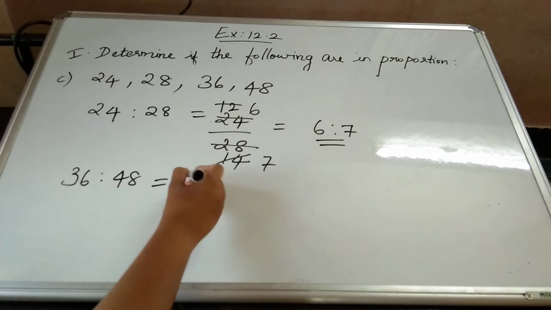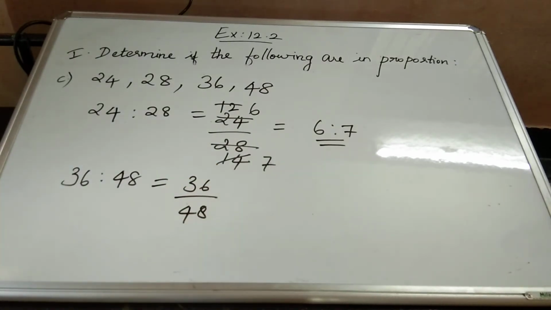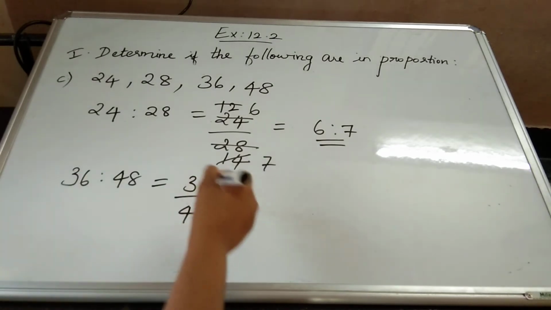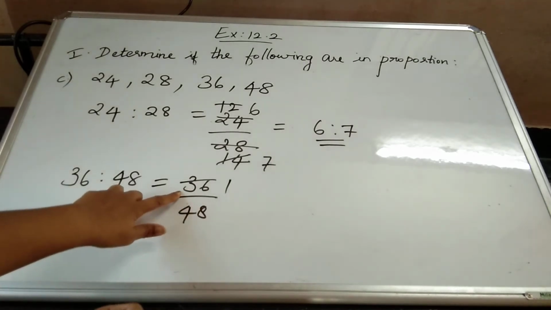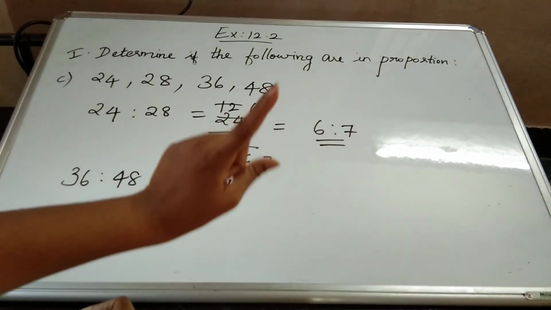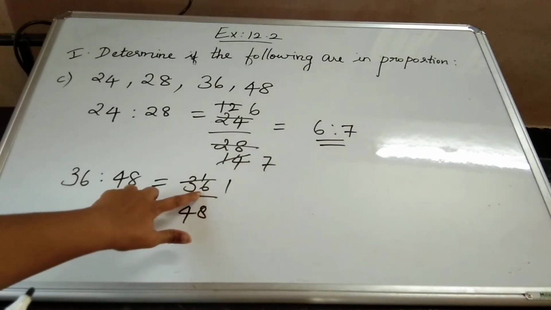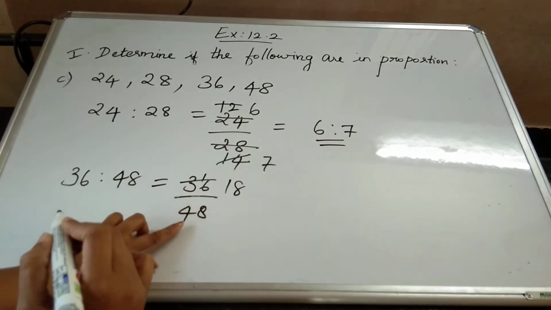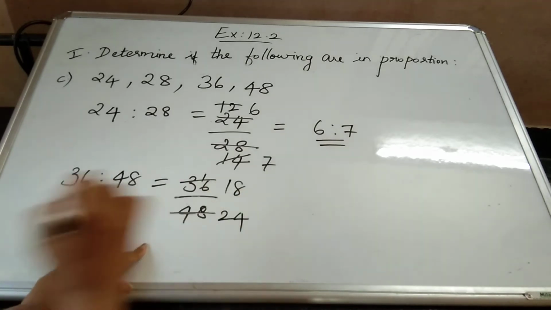So that is equal to 36 divided by 48. Here also ones place you have even numbers. So 2 table I can take. So 2 ones are 2. You are having 3 here. 2 ones are 2. So what is remaining? 1 is remaining. So that 1 will be carried forward to this number. So now this number is 16. So 2 8s are 16. Now 48. So 2 table, 2 2s are 4 and 2 4s are 8.